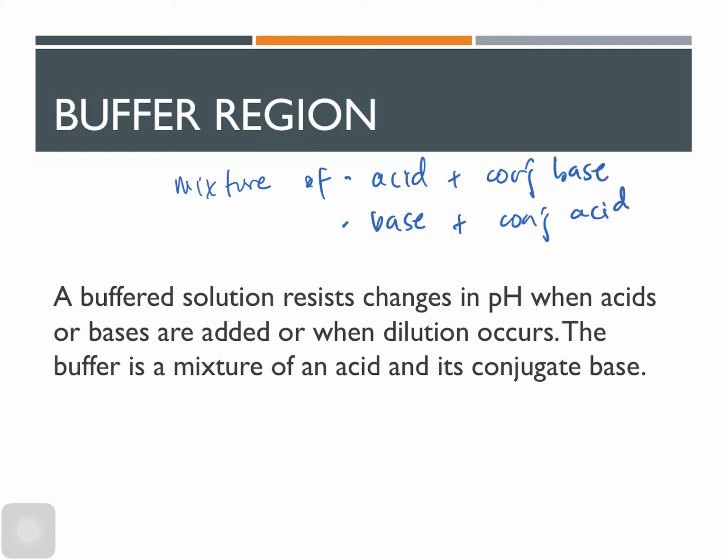Okay, so what do we know about the buffer region? It is a region or a solution that resists changes when you add acids or bases. The idea is that the pH of the solution does not change that much. That's one thing that's special in the buffer region, and that's quite wonderful because in our body we have a lot of buffer systems. In our blood, we have carbonate buffers. In our cellular matrix, we also have carbonate buffers and